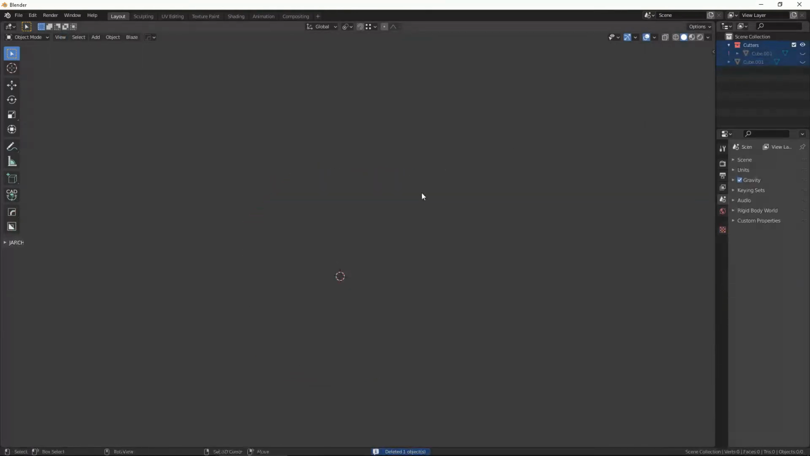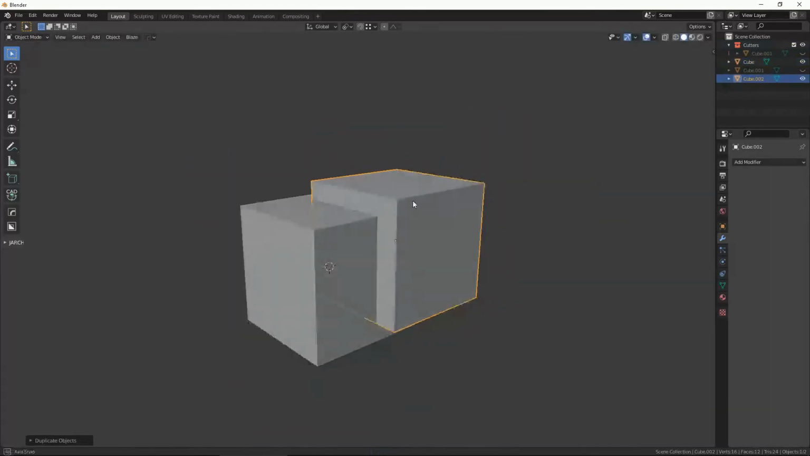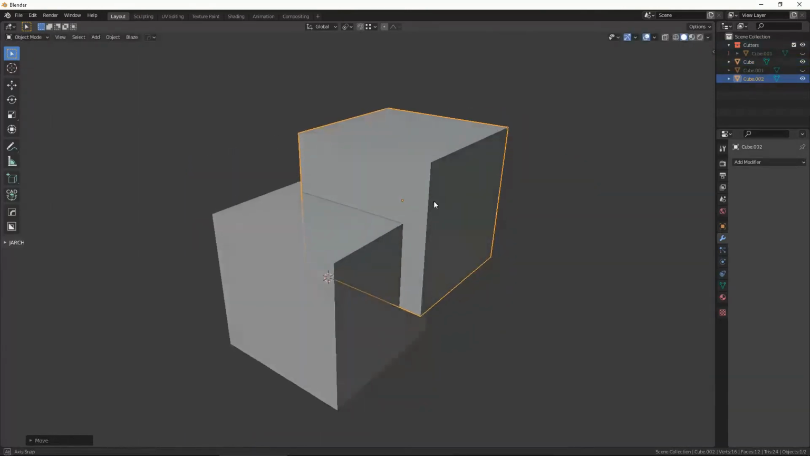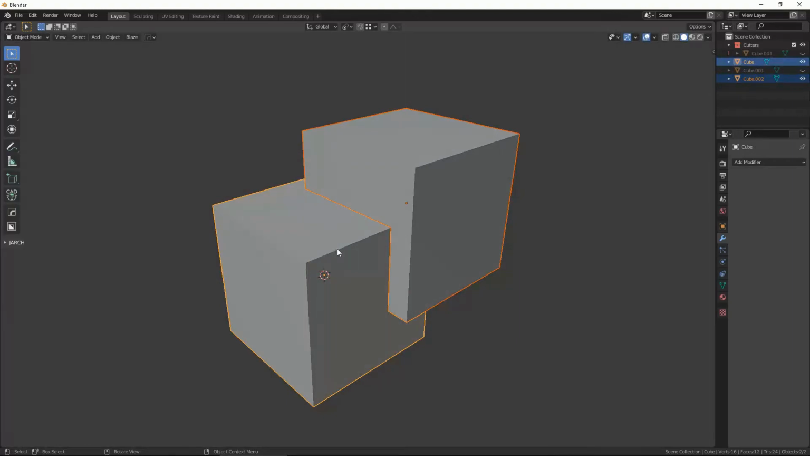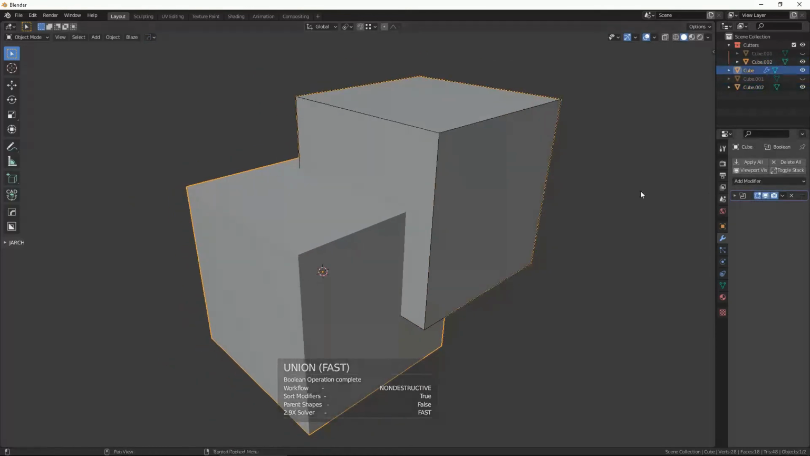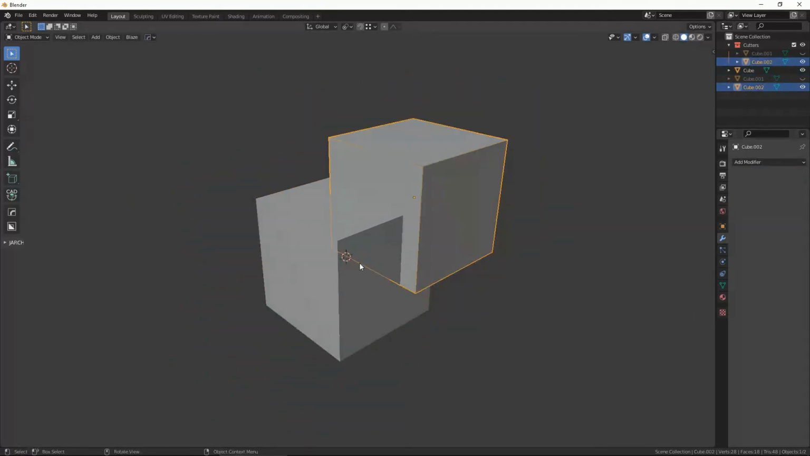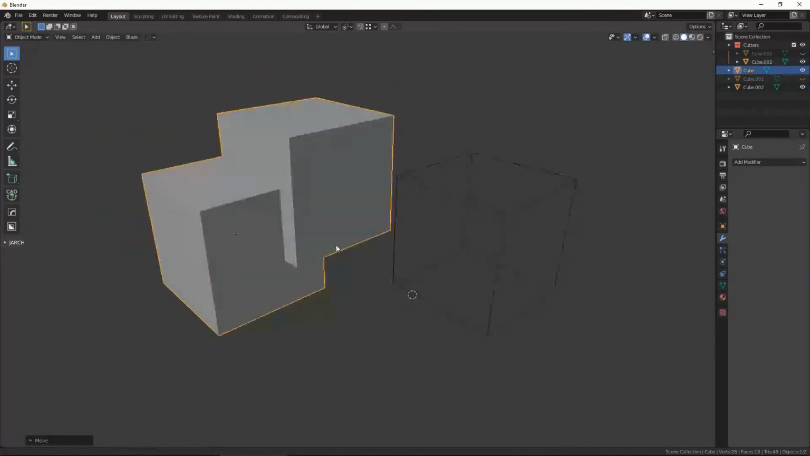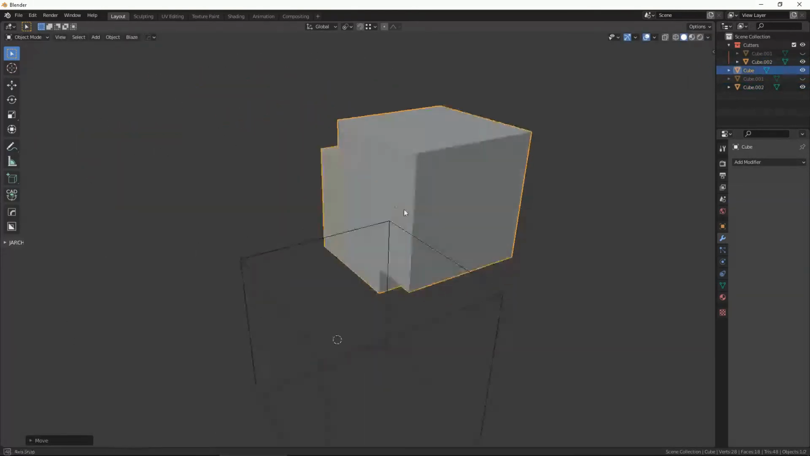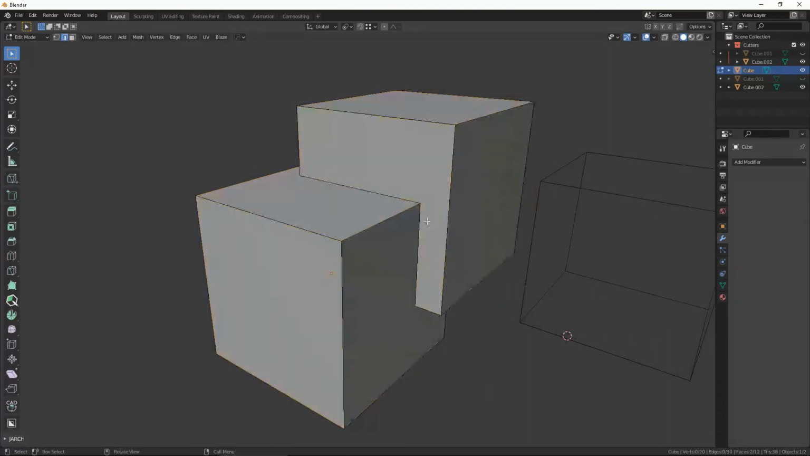Okay, let's go a little further. So cube, D, and now with Shift select the second one, and now Control plus. Apply the modifier. Now we have these two objects welded together. So we can do, for example,